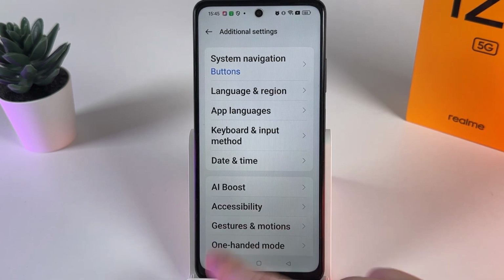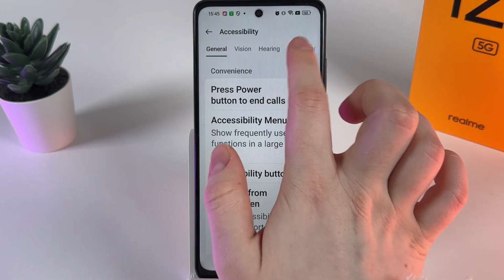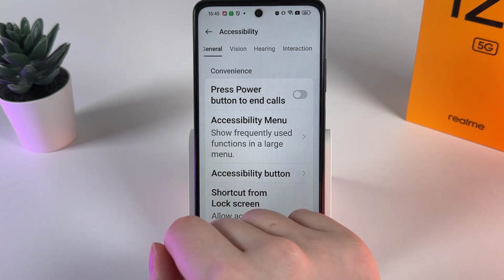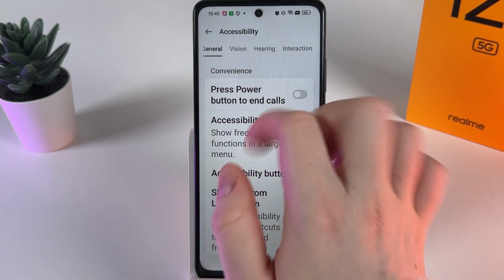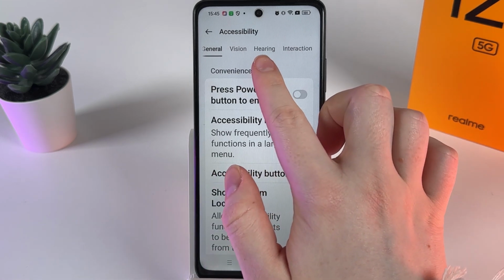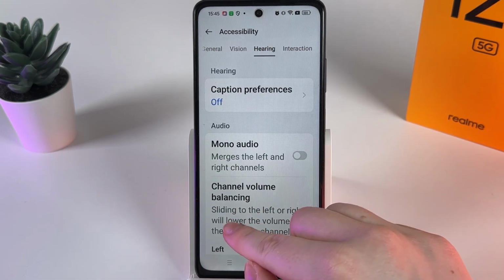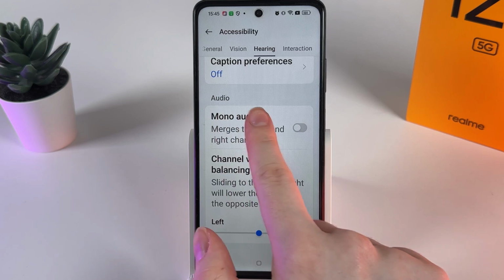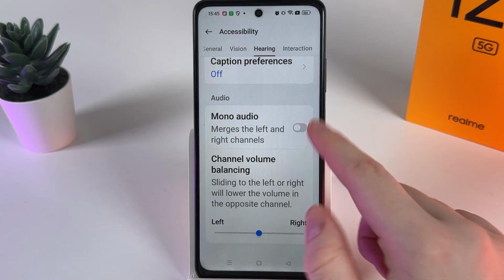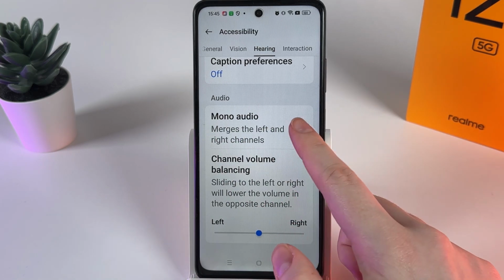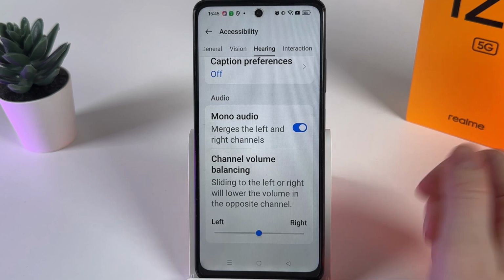Here it is. So click on it, and here at the upper part we can see a lot of tabs, for example general, vision, hearing. So here we need to go to the hearing one and now scroll down until you get to this tab named audio. The first thing that we are going to do is enable mono audio, which merges the left